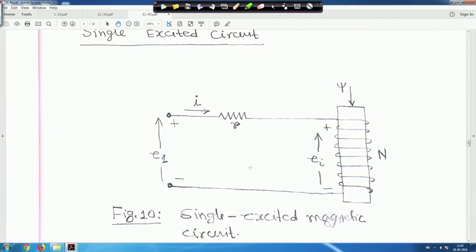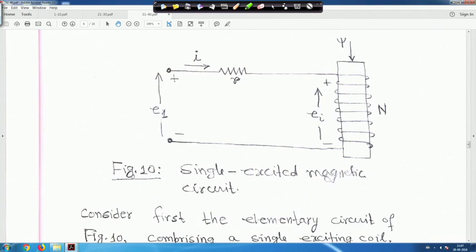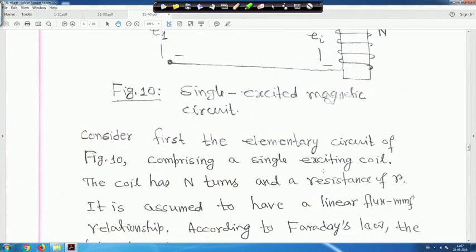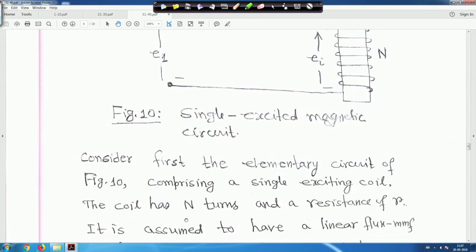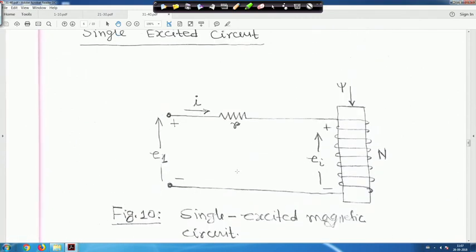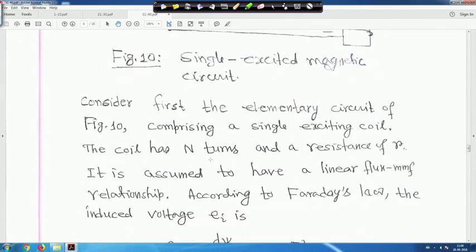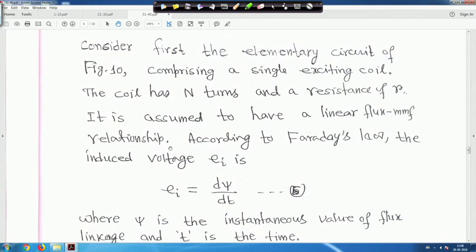Here there is no coupled circuit, only a single excited circuit, with flux linkage psi and number of turns n. So, consider first the elementary circuit of figure 10, comprising a single exciting coil. The coil has n turns and a resistance R, and it is assumed to have a linear flux-MMF relationship. Now, according to Faraday's law, the induced voltage EI is given by